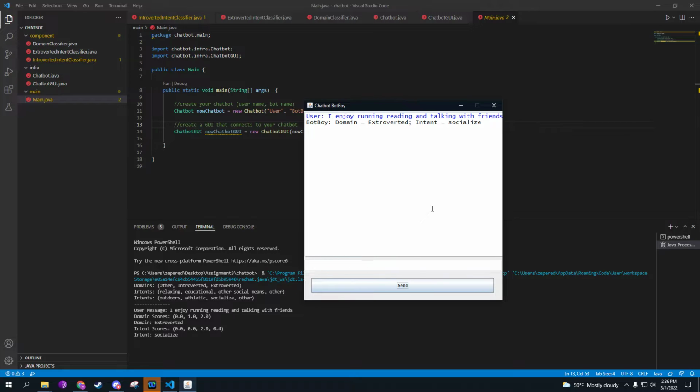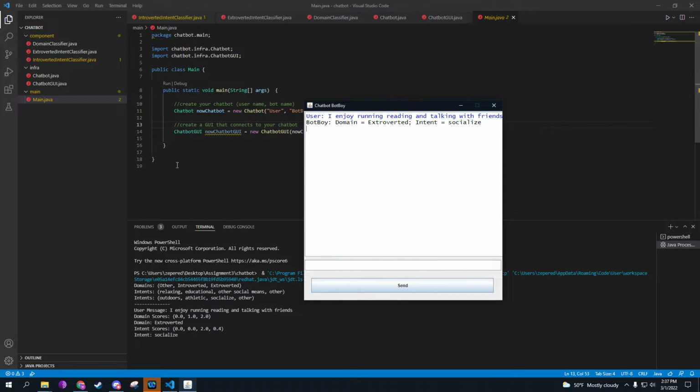If you remember from my project proposal, my intention was to make a program that could interview people and do a study essentially on whether or not they were introverted or extroverted individuals. So far, I've implemented domain and intent by categorizing people into whether or not they're introverted or extroverted, and then subcategories in that, which is intent, which is, in this case, socialization.